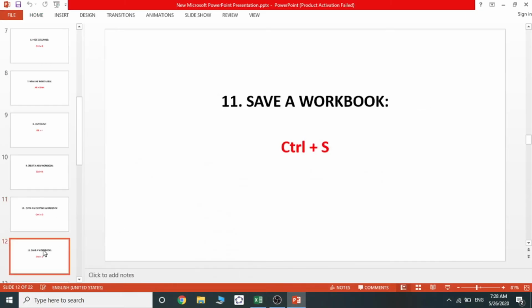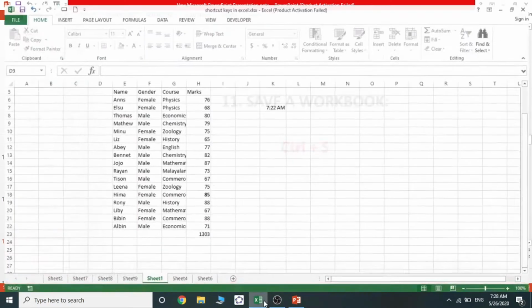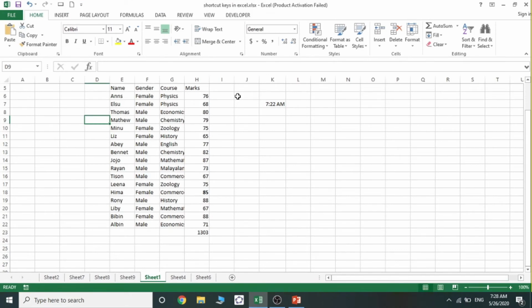Next is save a workbook. So we want Control plus S. We want to save this particular workbook, so just click Control S. This workbook is already saved in this system, so that is automatically saved. Let us open a new workbook.